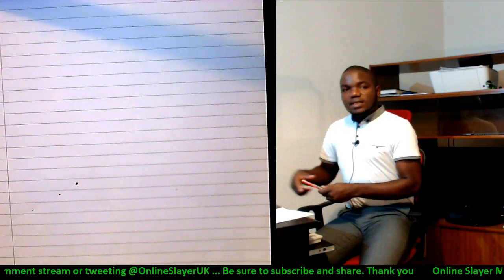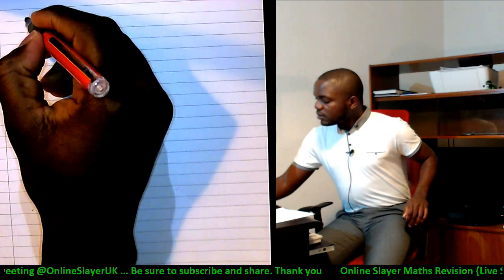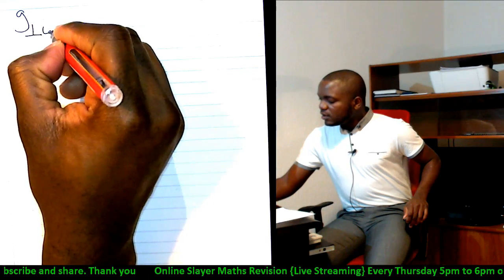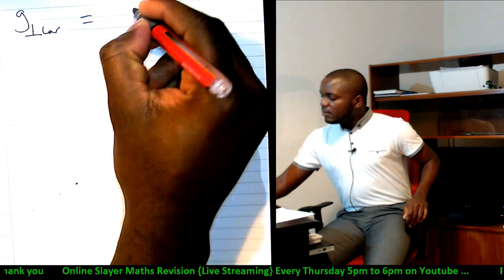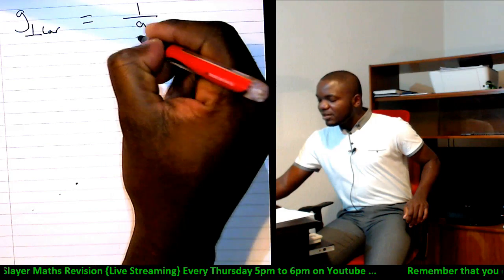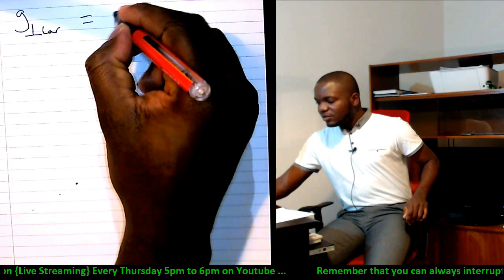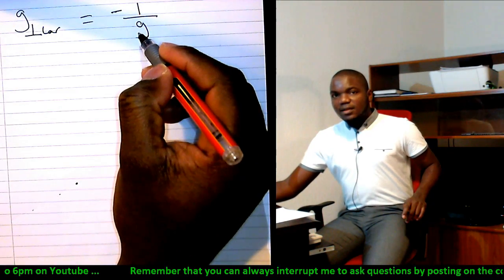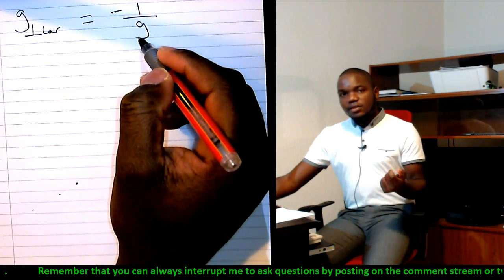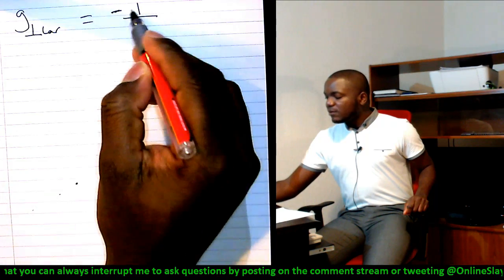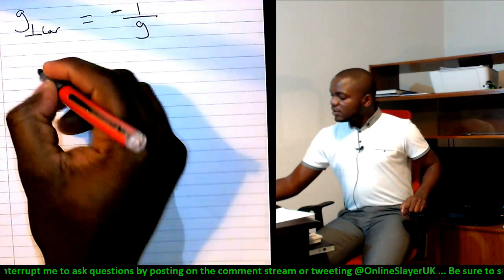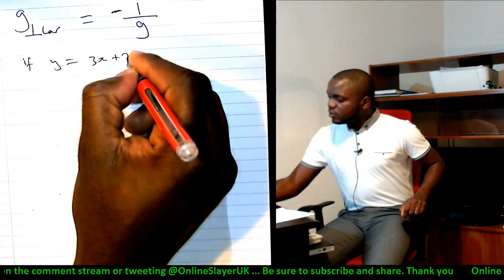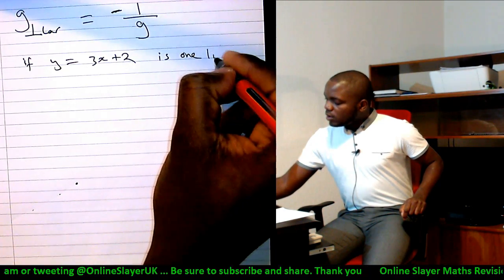Another thing it tells you is if two lines are perpendicular. For instance, the gradient of a perpendicular line is not just the reciprocal of the other one's gradient, but it's also the negative of it. So if you know the gradient of one line and you're told that another line is perpendicular, it means that it's got a gradient of -1 over the other gradient. E.g., if y equals 3x plus 2 is one line,